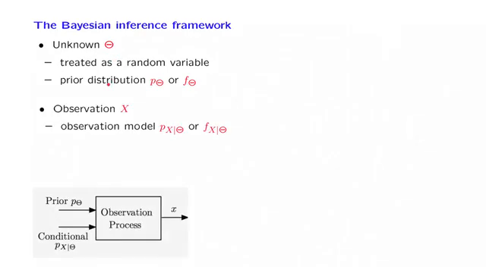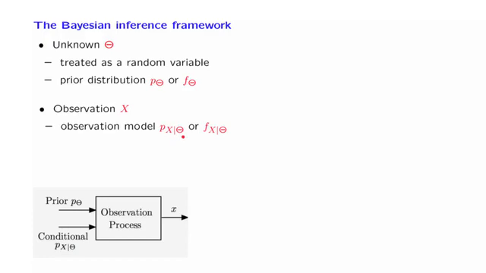And then we obtain some data, which are some observation. That observation is a random variable, but when the process gets realized, we observe an actual numerical value of this random variable. The observation process is modeled, again, in terms of a probabilistic model. We specify the distribution of x, but we actually specify the conditional distribution of x. We say how x will behave if theta happens to take on a specific value. These two pieces, the prior and the model of the observations, are the two components of the model that we